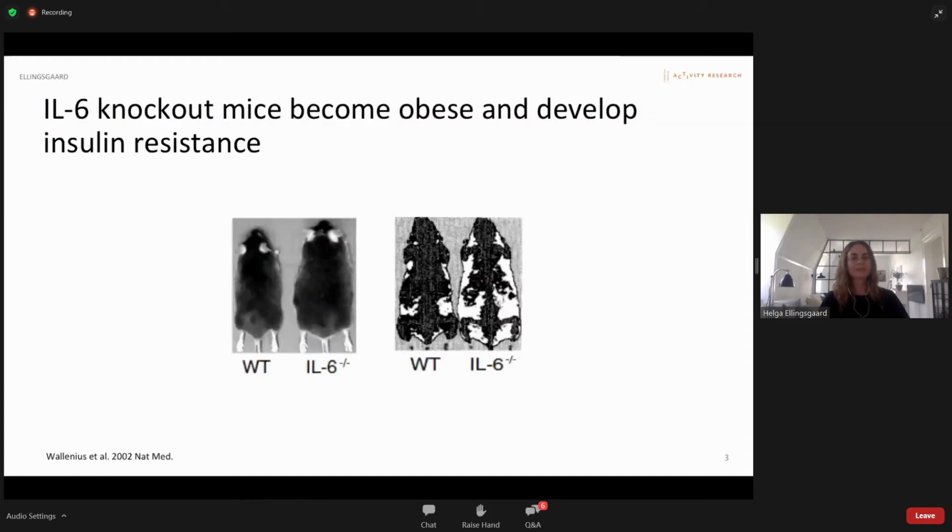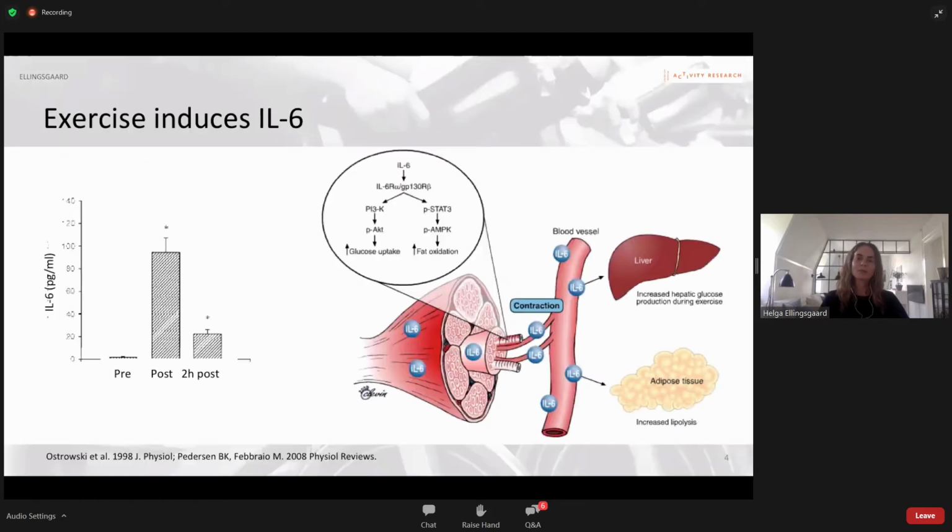So I will start by this famous data and say that it all started more or less 20 years ago when this paper was published in Nature Medicine, and it showed that whole body IL-6 knockout mice developed obesity with age, and along with that also insulin resistance and glucose intolerance. And around the same time, scientists in Copenhagen showed that a single bout of exercise results in increased